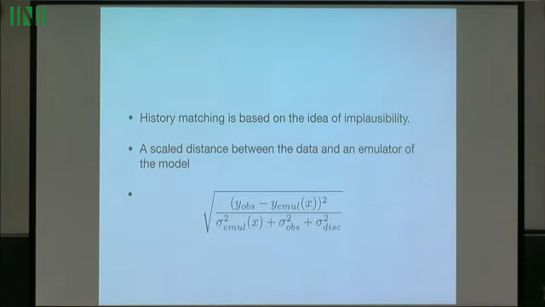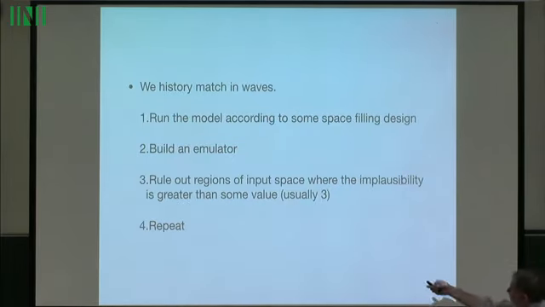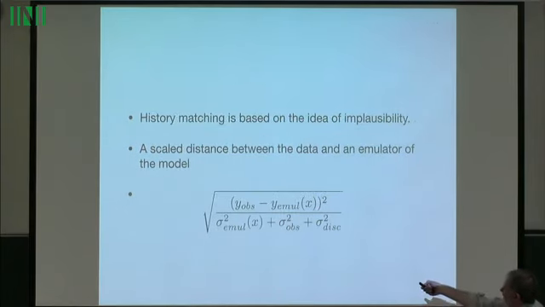And in practice, what we do is based on this idea of implausibility. And that's the scaled distance between the data and an emulator of the model, because we want to produce this everywhere. So this is a function of the inputs, and my inputs here I've written, I always do that, as x. So we have the observation, and then we have the expected value of the emulator. Sorry, I missed the expectation there. We have the expected value of the emulator at some value x, and then we scale and we square that,